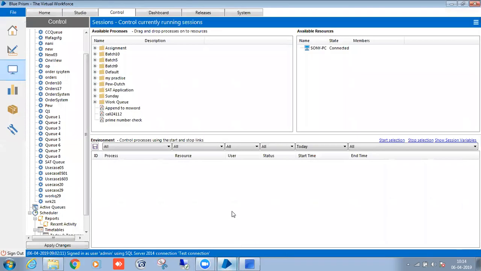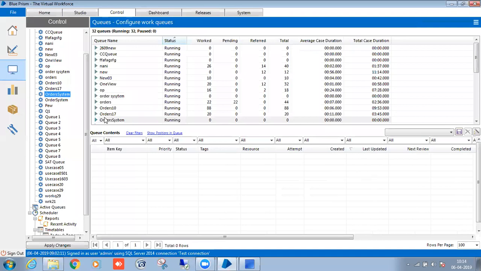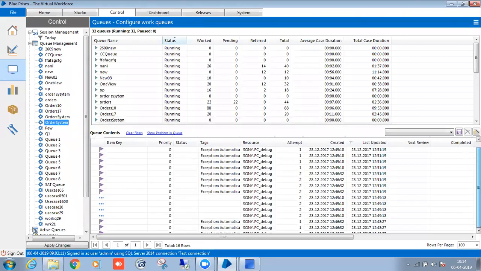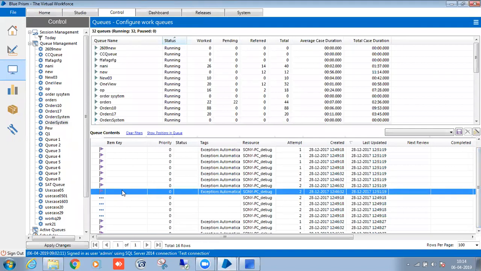Okay. Work queue is nothing but a place where you can track the details everywhere. Whenever an exception happens, I can retry it. How many times you want to retry, you can mention it. There are lots of options with the work queues. In every interview you can get questions from the work queue.